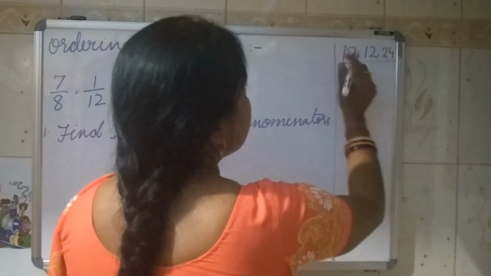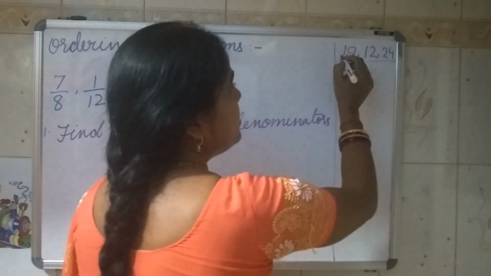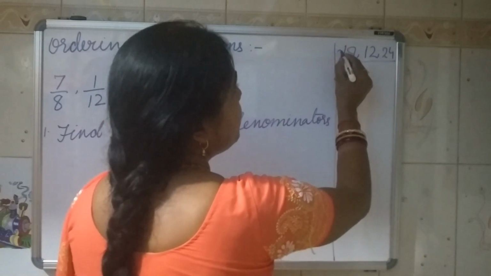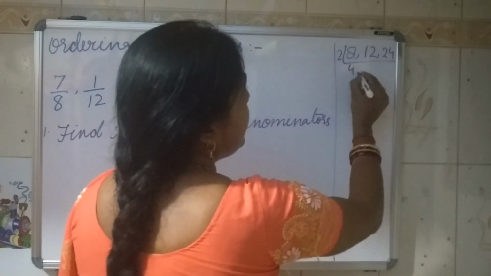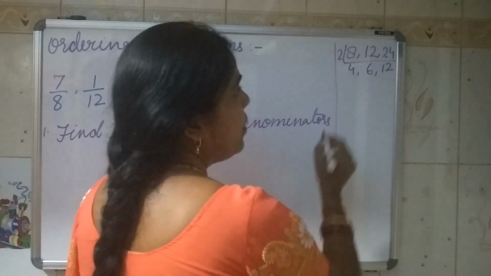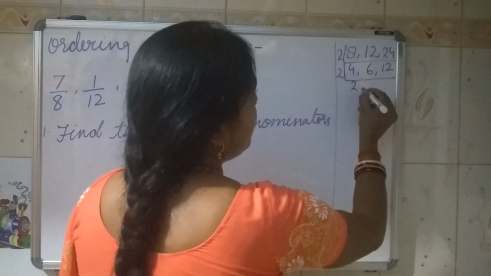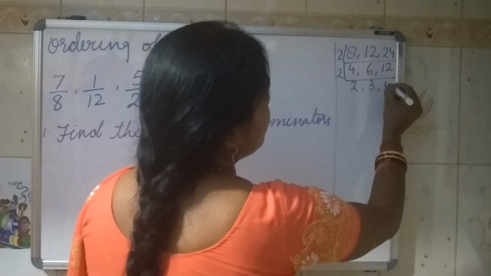So in the LCM case, what we have to do is start dividing by a common number by which all three are divisible. So I am taking 2 here. 2 fours are 8, 2 sixes are 12 and 2 twelves are 24. Okay. Again it is divisible by 2, so I will take 2. 2 twos are 4, 2 threes are 6 and 2 twos are 12.